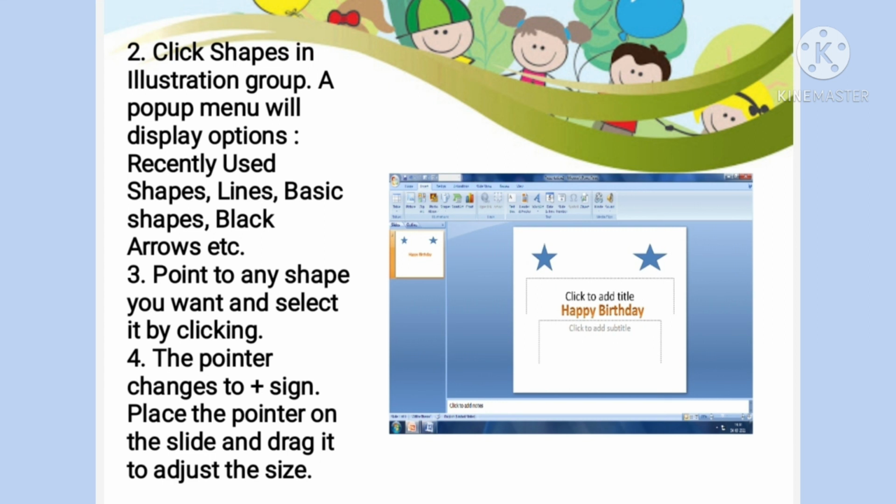I hope you all have understood this chapter and you all enjoyed learning it, because with the help of this chapter you can prepare beautiful presentations which will be more effective and attractive for the others to whom you show this.